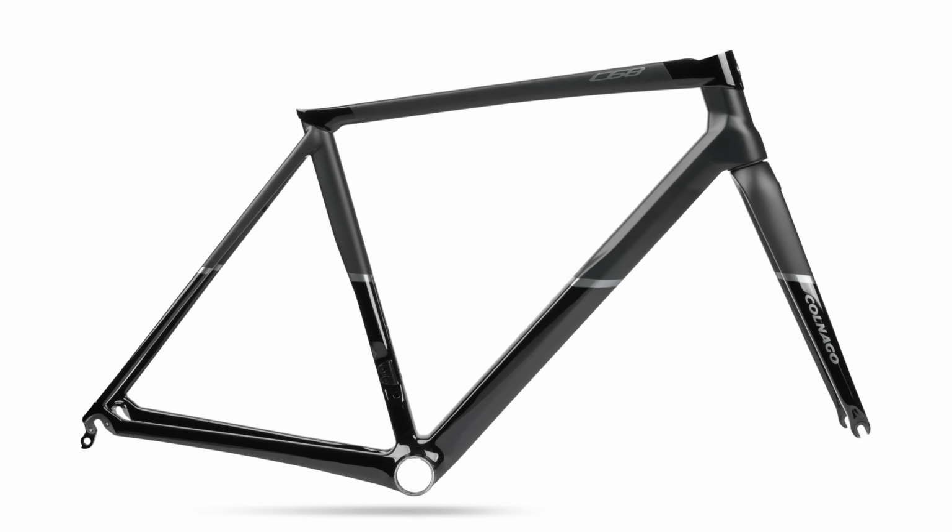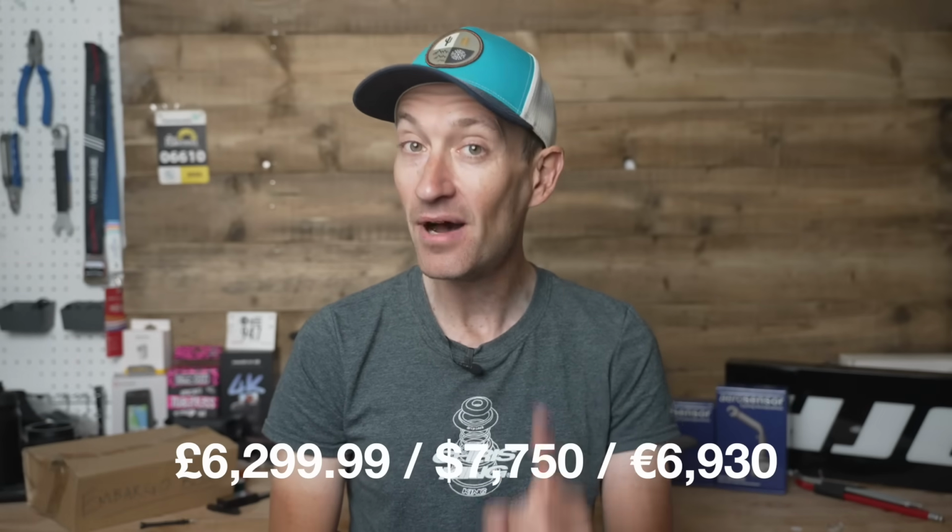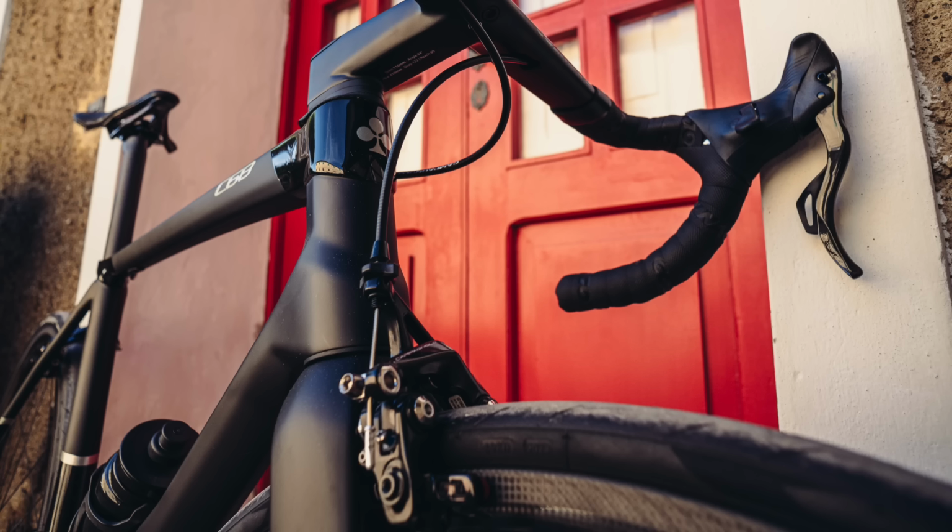Of course, being a Colnago, it's not cheap, is it? The frameset is over £6,000, nearly $8,000, but handmade in Italy, which is a rare thing these days. So yeah, it's pricey, but I do think a lot of traditional Colnago customers will be all over this like a rash. They have plenty of Colnago bikes in their collection already with rim brakes, and they don't want or see a need or benefit for disc brakes